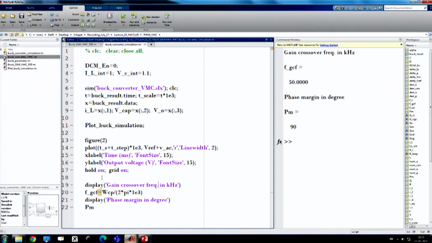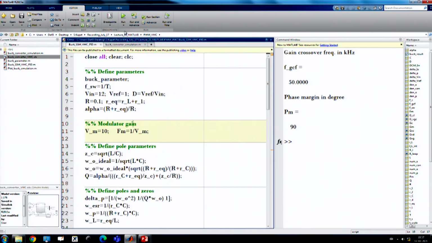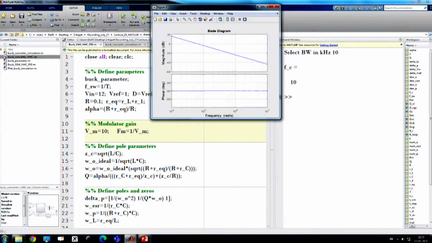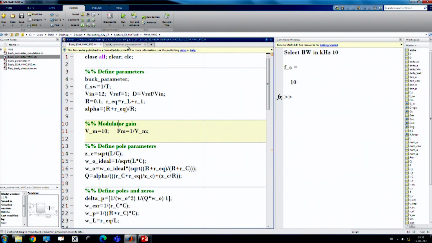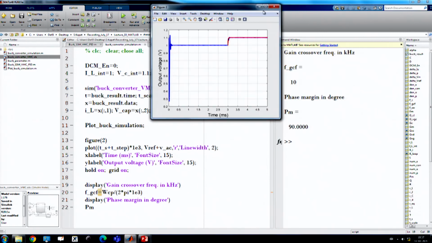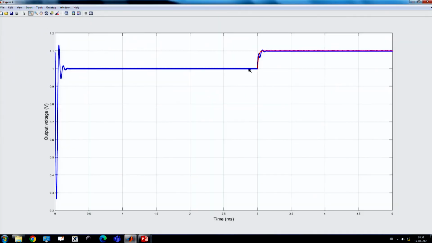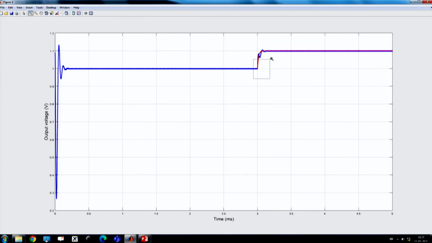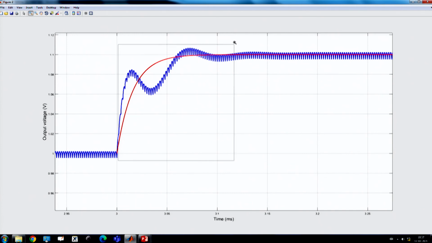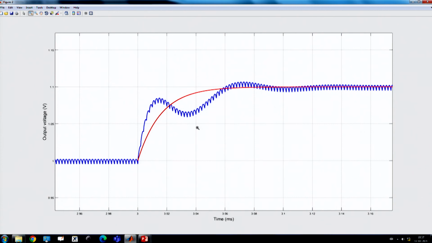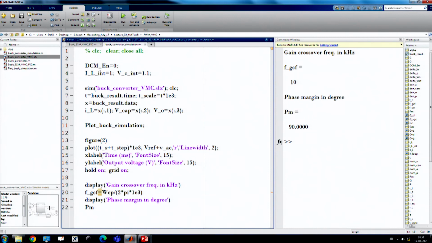What is the reason? If we reduce the bandwidth and run again, let us say to 10 kilohertz, earlier it was 50 kilohertz, now 10 kilohertz, whereas 500 kilohertz is our switching frequency. You see when you reduce to 10 kilohertz, the response again becomes slightly different. Initially it was matching the initial response, now the problem starts even in between. So the response is clearly showing it is not perfectly matching. Now you further reduce.